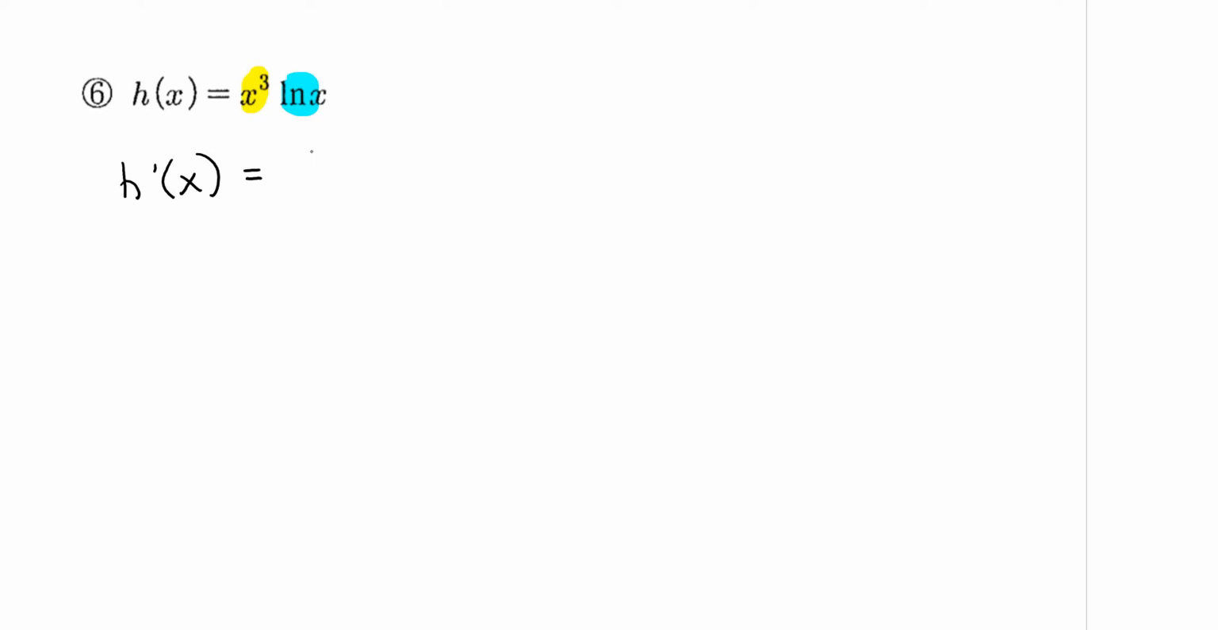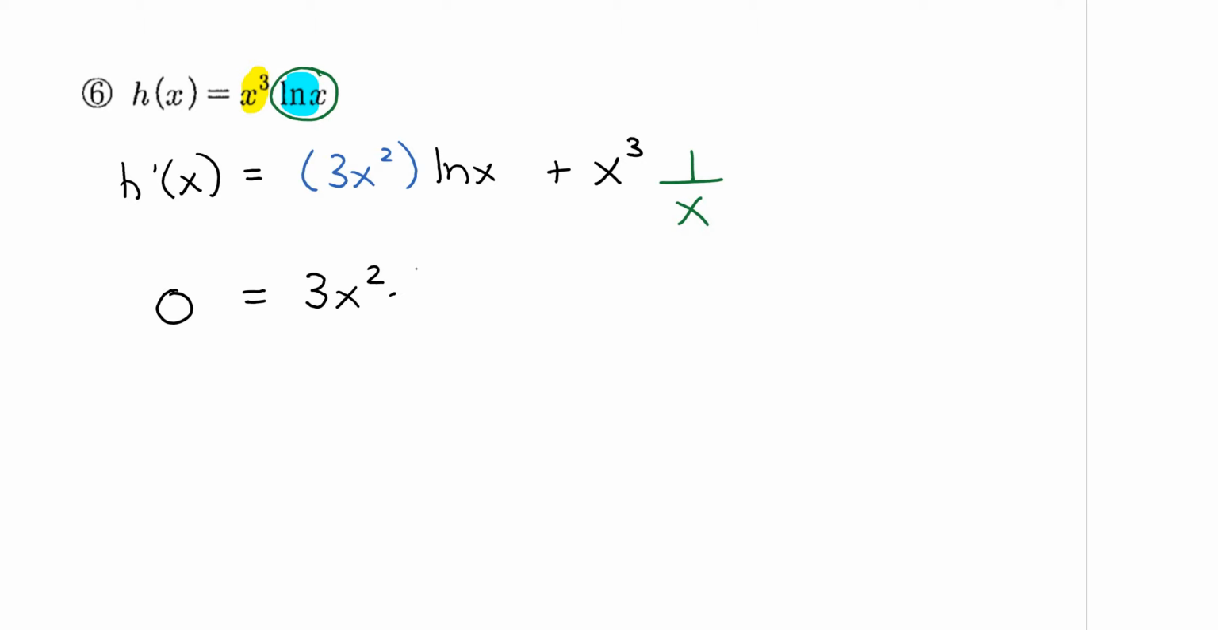The derivative of the first term is going to be 3x squared times ln x, plus the first term, which is x cubed, times the derivative of the second term, which is 1 over x. Okay, so I'm going to set that equal to 0, and that's going to be 3x squared times ln x plus, now the x cubed and the x will cancel, giving me x squared. Okay, and then from there, you'll notice that I have a common factor of x squared. So the x squared can just factor out, and that would give me x squared times 3 ln x plus 1,